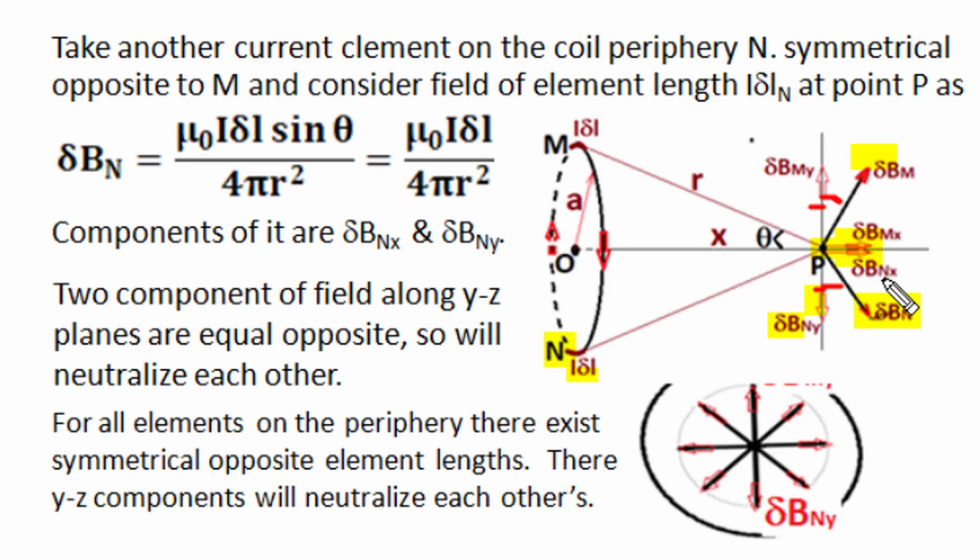So this vector summation becomes a simple algebraic manipulation, since for this complete circular coil every elemental length has a diametrically opposite symmetrical elemental length, and due to symmetry the magnetic field contributions of those two elemental lengths, when resolved in the x direction, will add together, and when resolved in the yz plane will cancel each other. So all components which are in the yz plane for symmetrical opposite pairs become equal and opposite and neutralize each other. So the resultant magnetic flux density of this entire current carrying coil on the axis becomes a simple algebraic summation of their